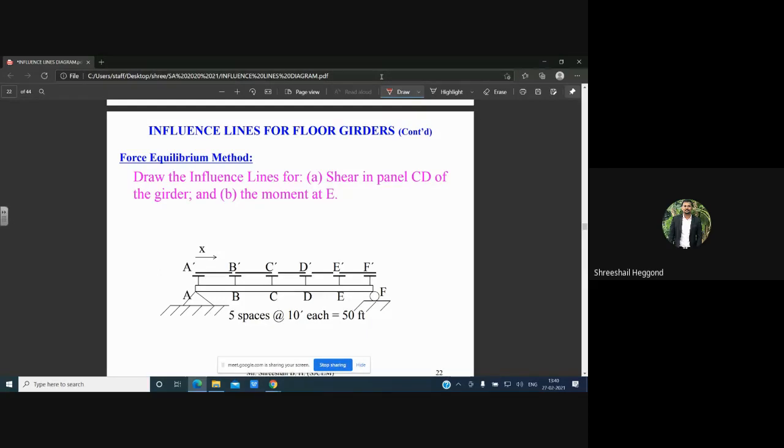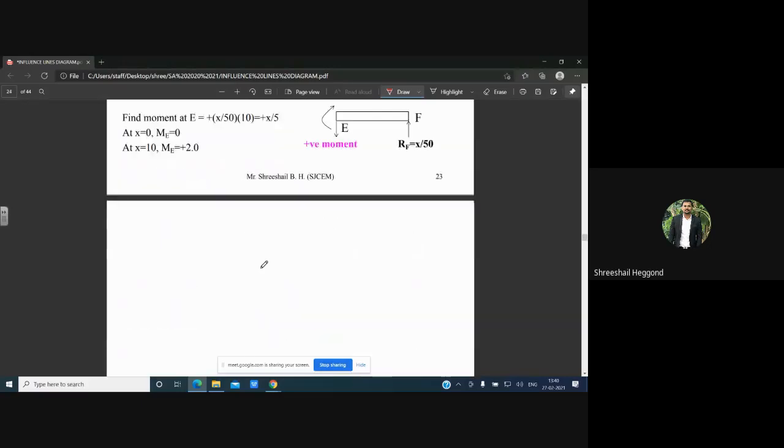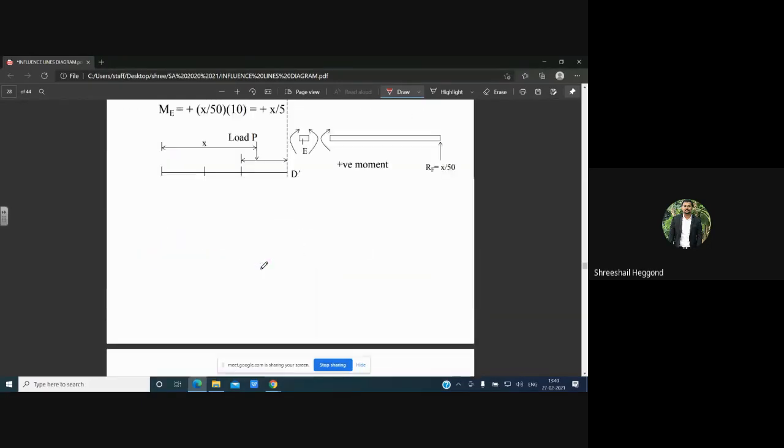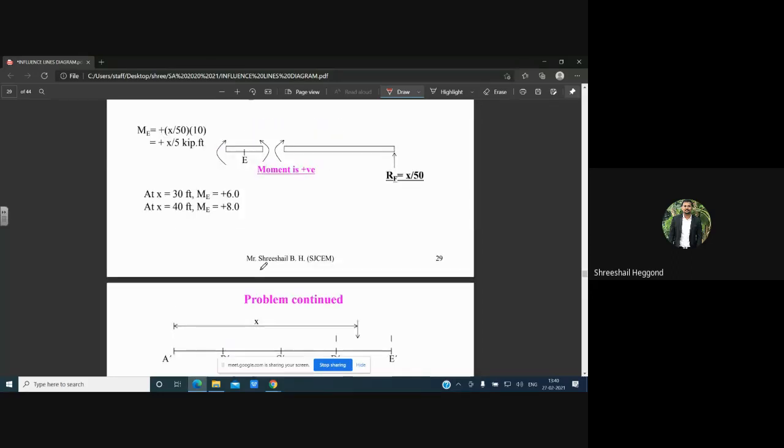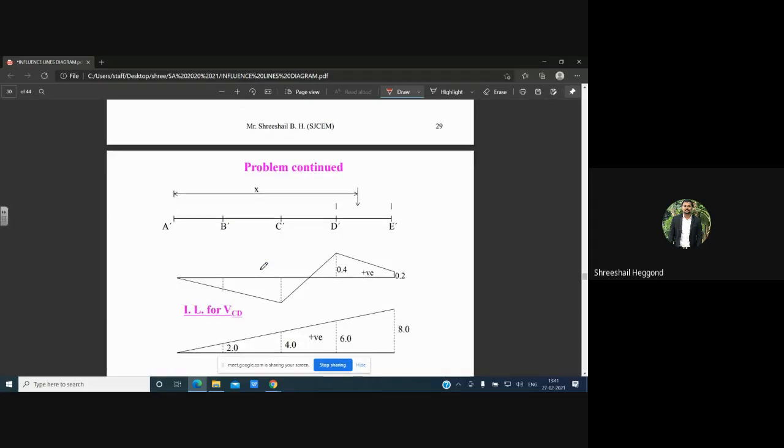After this, we'll be having some numericals with respect to the ILD. That will be taken in the next class, as we're having some activities in the college, so I need to be present over there also. I'll continue this class with these numericals in the next class. I'll be solving the numericals physically on the board so that you can easily understand them. So I will not be showing solved numericals to you for analysis purposes, so that it will be easy for you to understand.